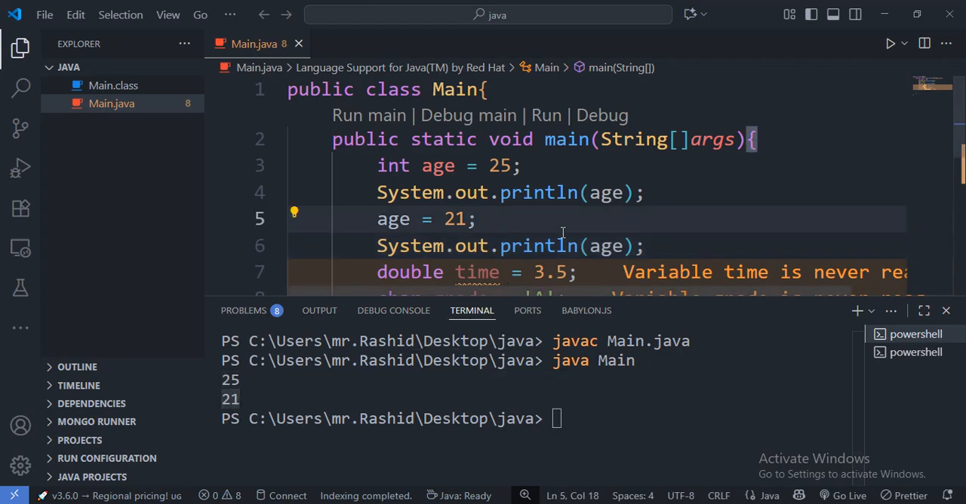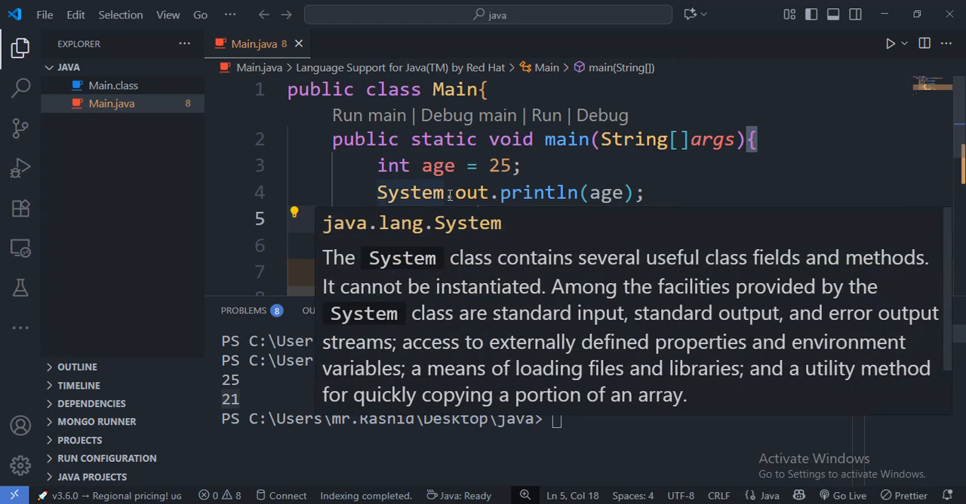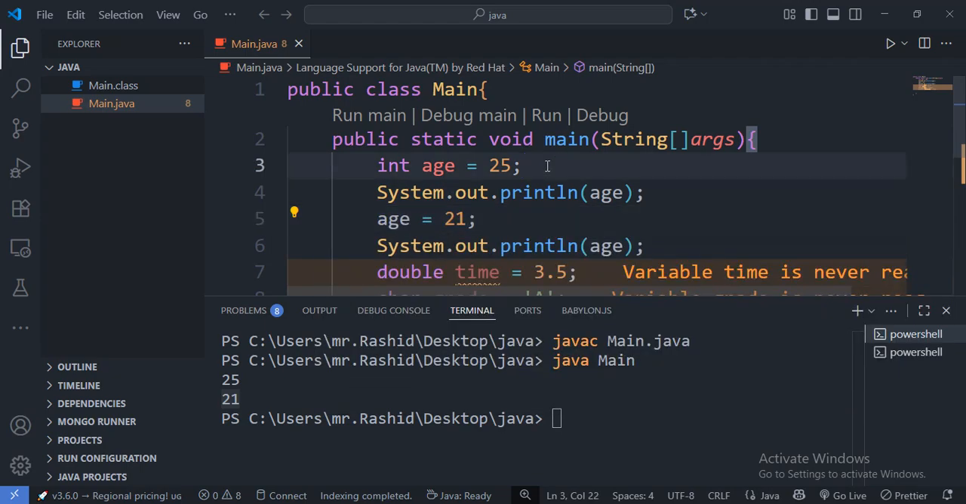Sometimes you don't want a variable's value to change, and for that Java provides the final keyword, which makes a variable constant. So if you want the variable to be final, so that it does not change throughout the entire program, you can add here